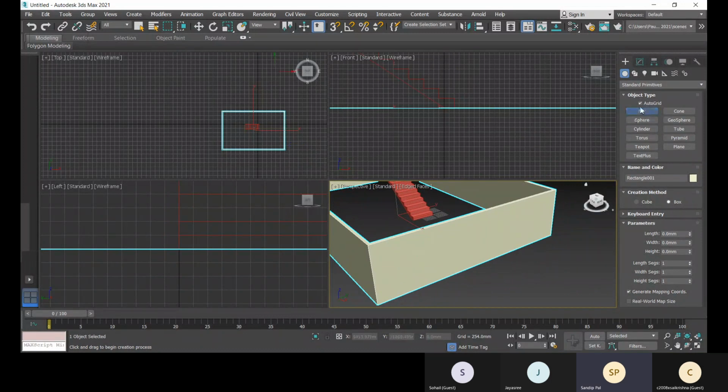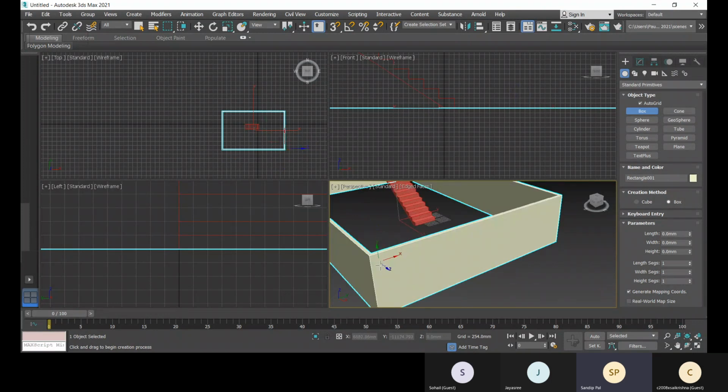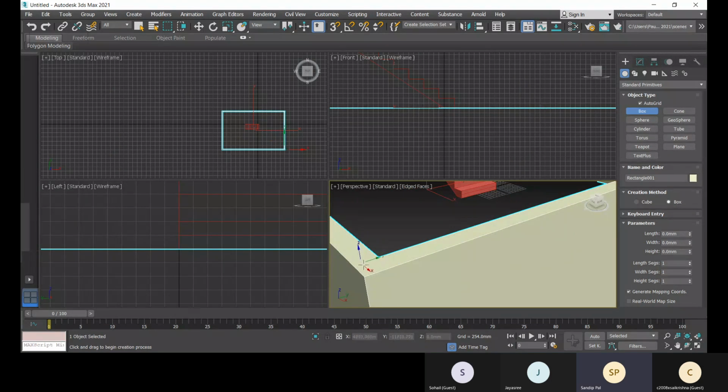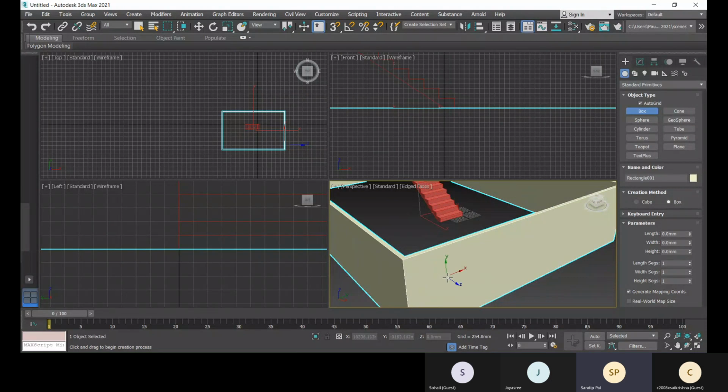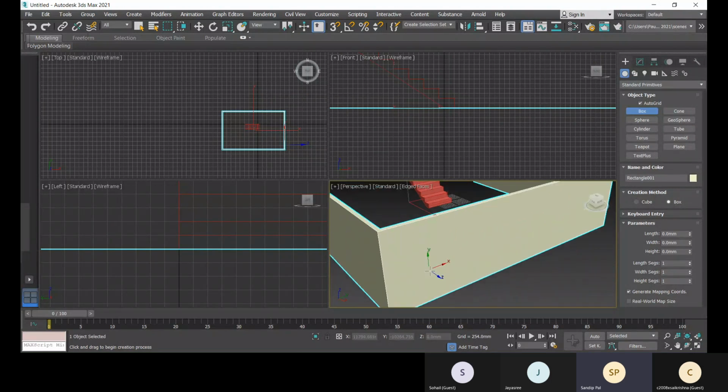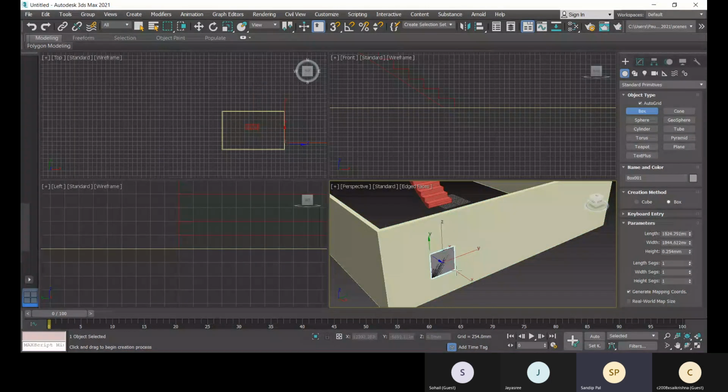See how easily it is adapting the coordinate system accordingly. When I'm at the top surface, it adapts the coordinate system. When I'm at this surface, it adapts the coordinate system accordingly. Then you can give the height, length and width.